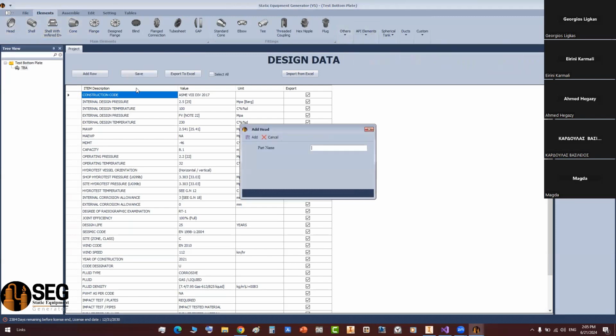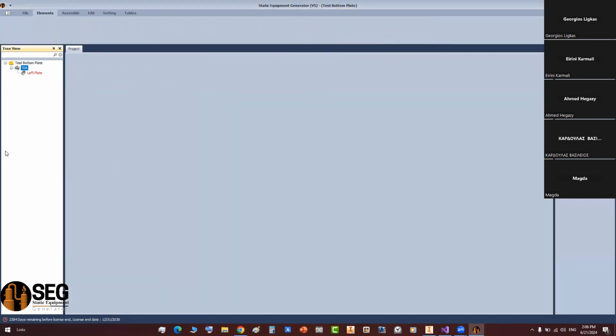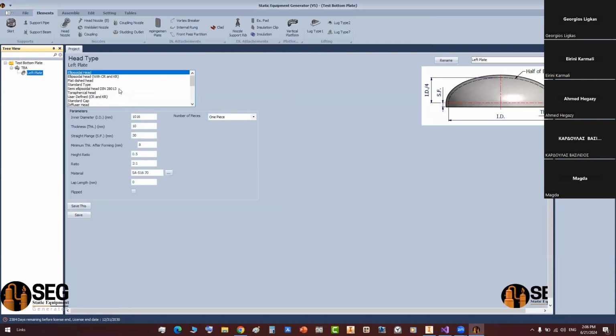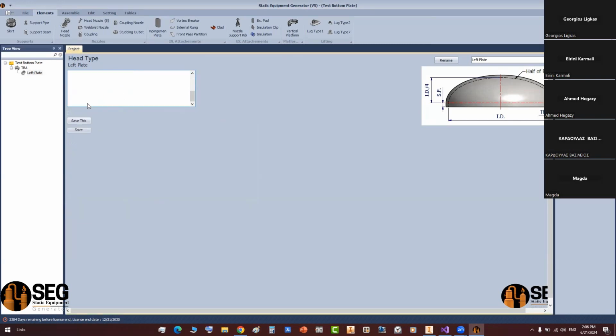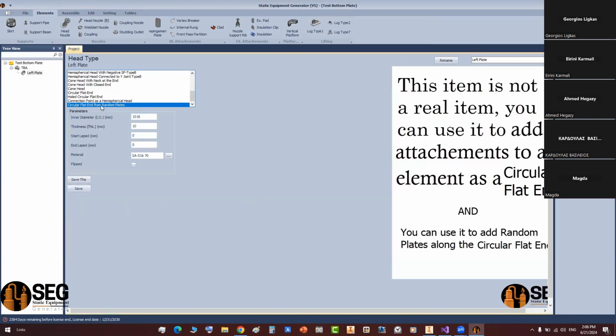We will select the head type. When you select it, you will find here more than 17 different types of heads. We will select the last one, which is circular flat end from random plates,